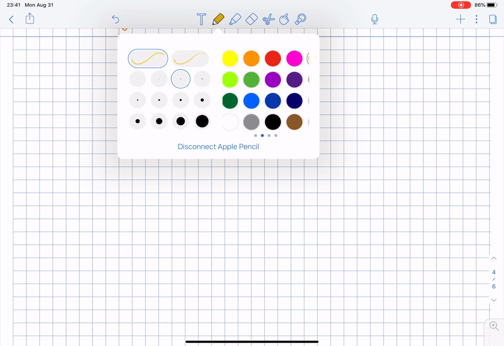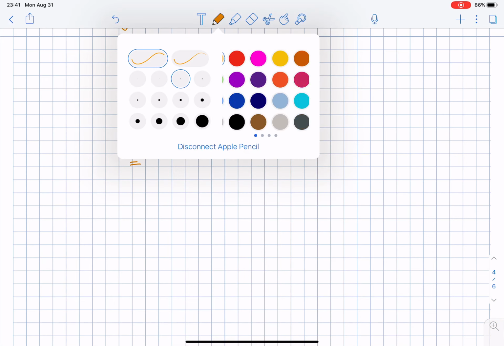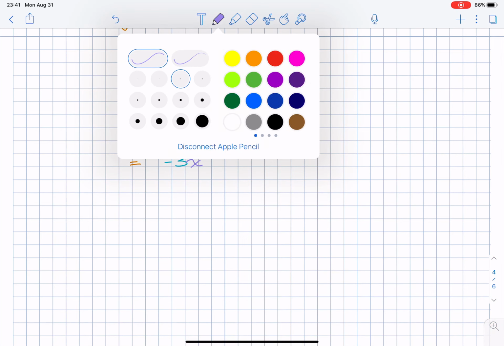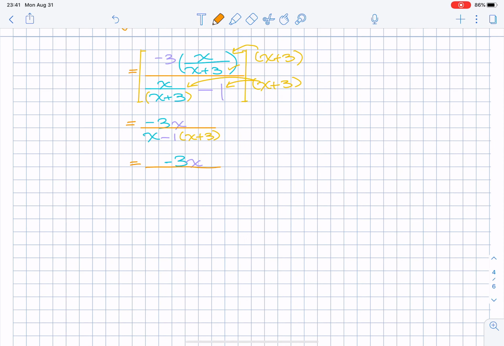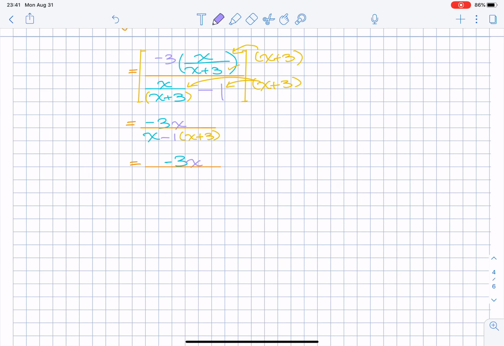So what do we get? We will get negative 3x divided by what amounts to x minus x